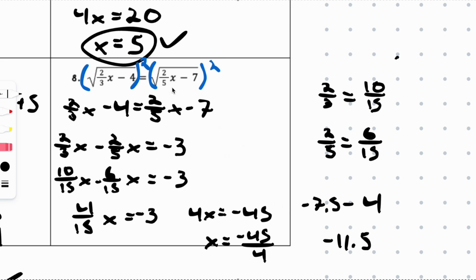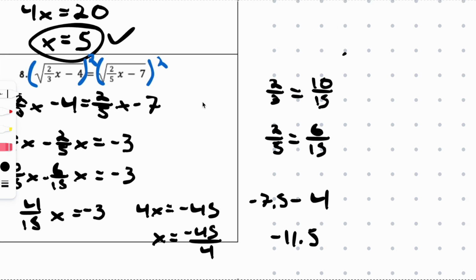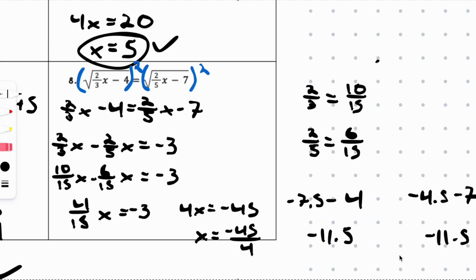Okay, so we said this is 9 over 2, I believe. Or negative 9 over 2. So negative 9 over 2 is negative 4.5 minus 7. And that's going to, again, give us negative 11.5. Okay, so we end up getting the square root of negative 11.5 equals the square root of negative 11.5, which